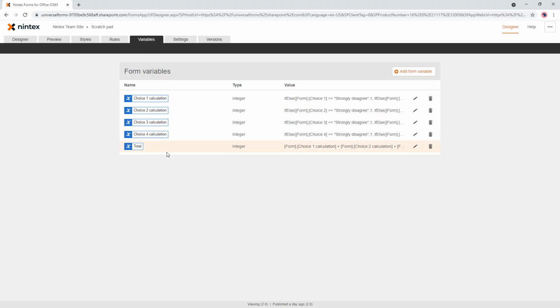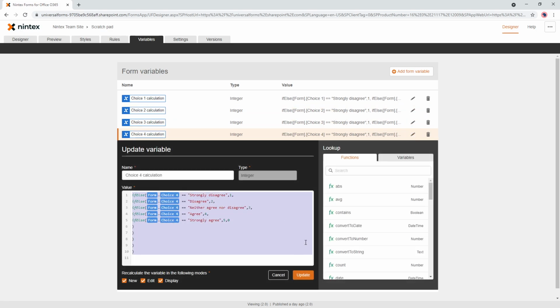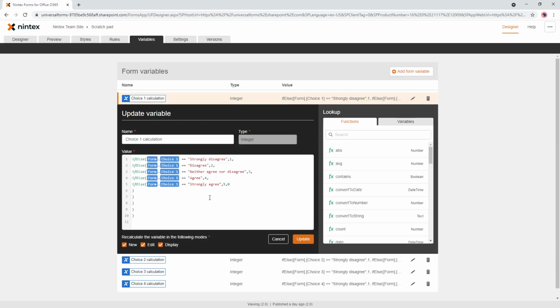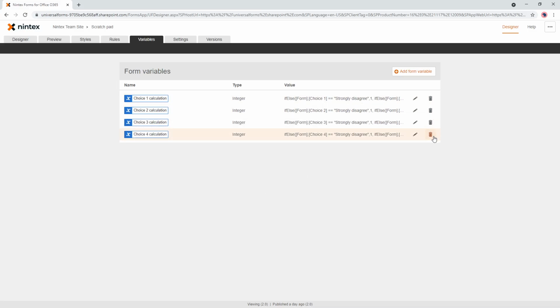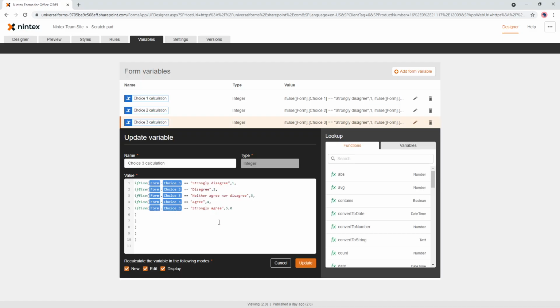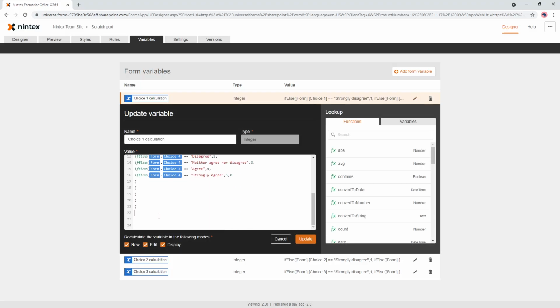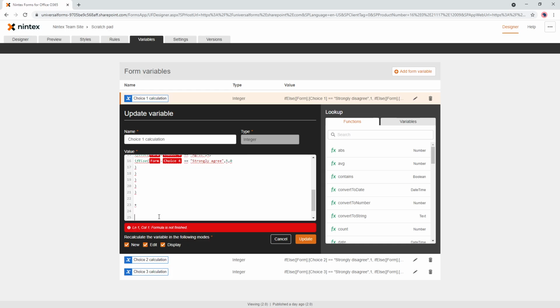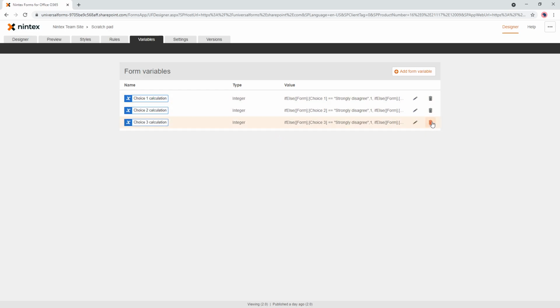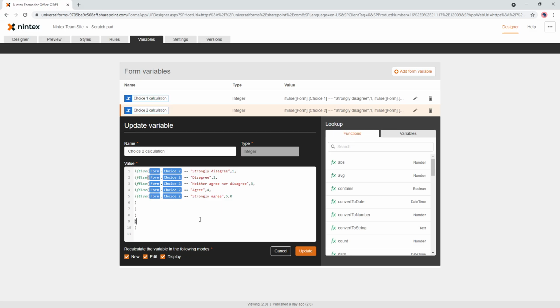And you could do this slightly differently. You could probably actually remove this variable, which is going to break my form. And you could actually copy all of this, and you could edit this one and start pasting all this together. So go plus that, update. Now we can get rid of this one. Delete. Copy this one. Get the idea where I'm going. So edit and make this one massive variable. Update. We'll delete that one. And the final one, we're going to grab this one,